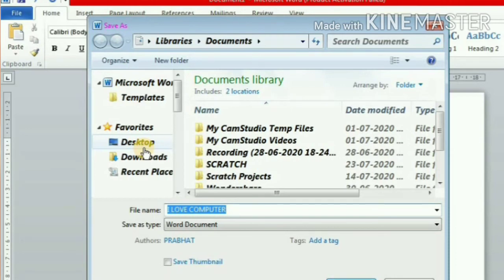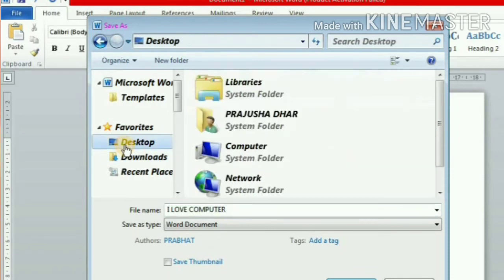Now I will find out that folder. How? On the left hand side we are going to find out the location. My folder was on the desktop. So can you see there is Desktop written over here? So we will open Desktop. How will you open it? Yes, by clicking on it.